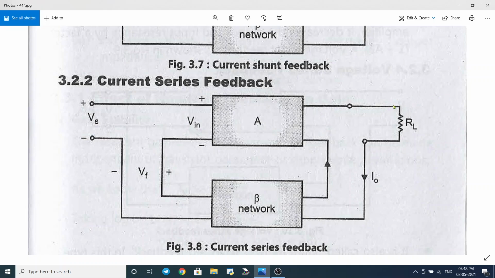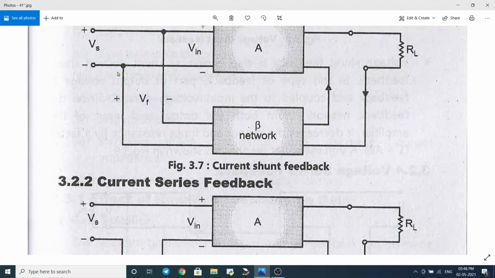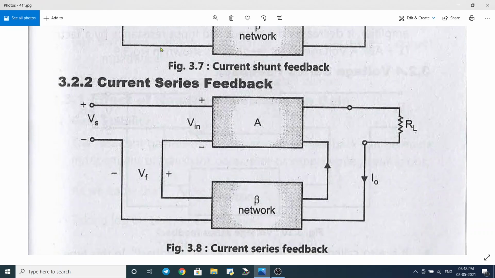The same current is flowing through RL and the feedback network. But now the feedback voltage is injected in series. This is the series injection, and this is a parallel injection. So we have a current series feedback,